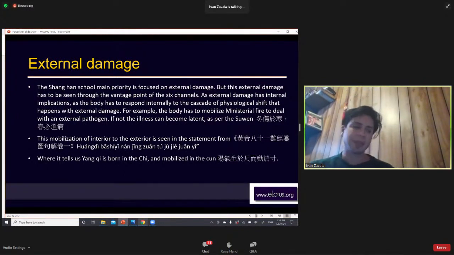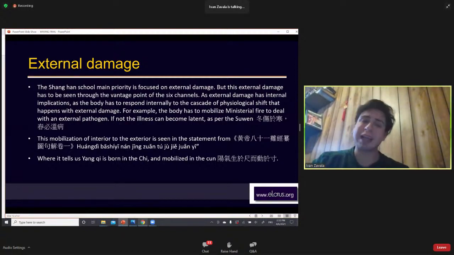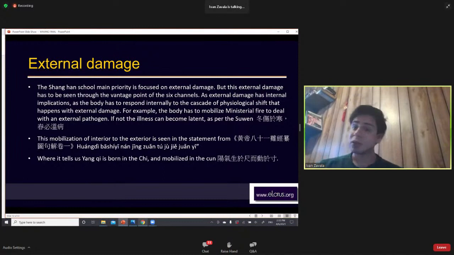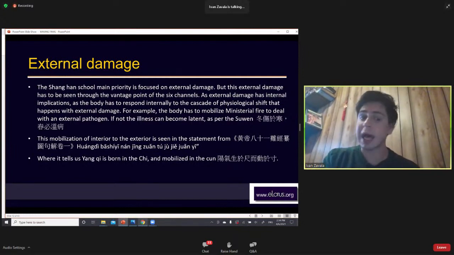Even COVID-19, for example, started kind of in the winter, and then it spread more so when things began to warm up, right? So we could say that is a Wenbing perspective, but it might have started from Shanghan, right? And invariably, COVID-19 is often treated with Shanghan formulas, with a mix of Wenbing, because we understand that your body, your immune system, your ministerial fire is going to respond to external pathogens, and that is going to become a warm disease. But the root of it might be due to damage by Shanghan, meaning